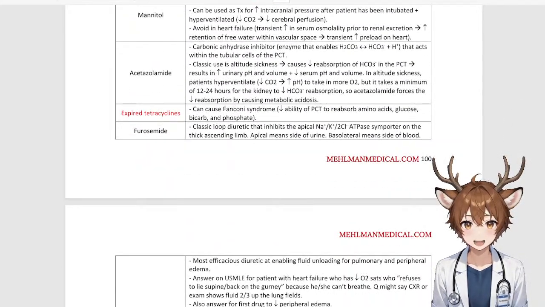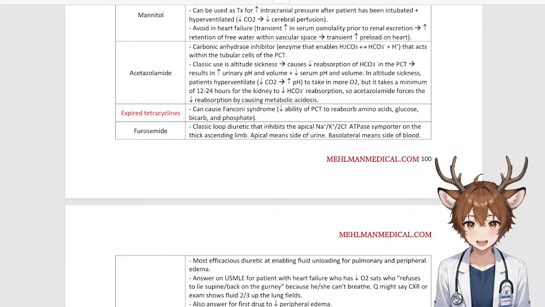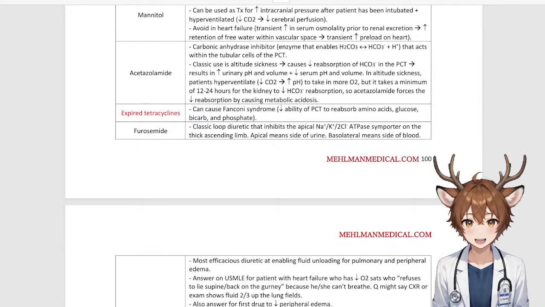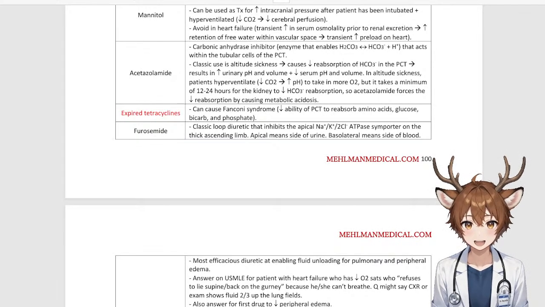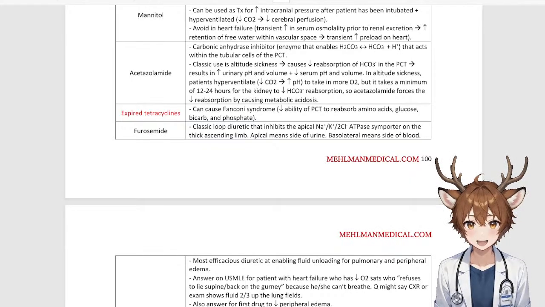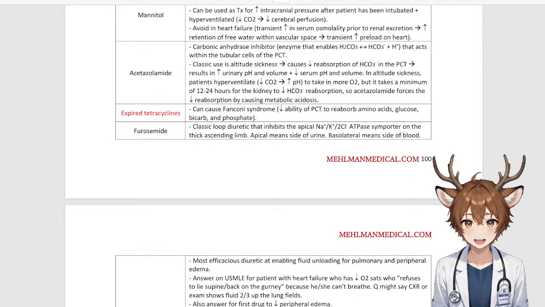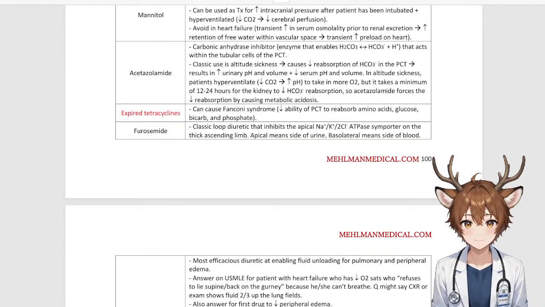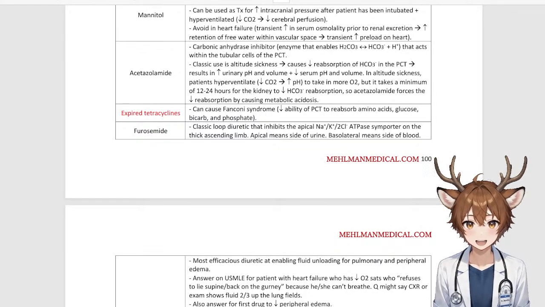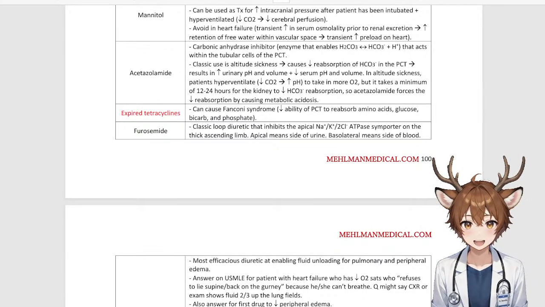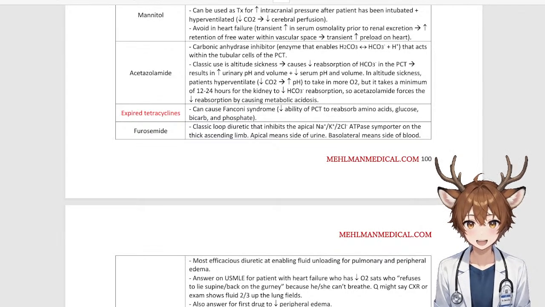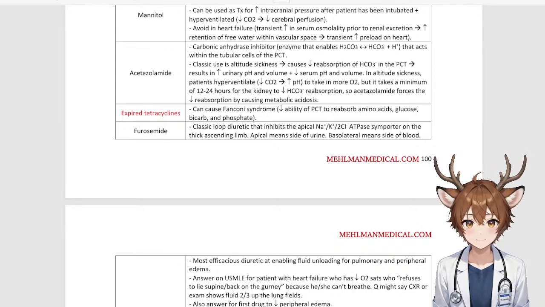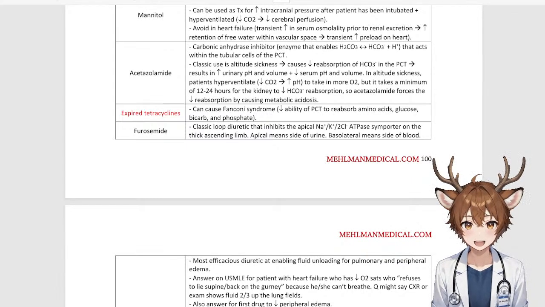Anyway, the way acetazolamide works is that it inhibits the carbonic anhydrase, which prevents the reabsorption of both the water and the carbon dioxide. Now, of course, you're thinking, oh, that's great because I'm absorbing less water. If you want to use acetazolamide as a diuretic, it helps you absorb less water, but it also prevents you from absorbing the bicarb, because what's happening is that water and carbon dioxide is absorbed, and then it converts back via carbonic anhydrase again into carbonic acid and then hydrogen ions, and then the carbonic acid becomes the bicarb again and the hydrogen ion again.